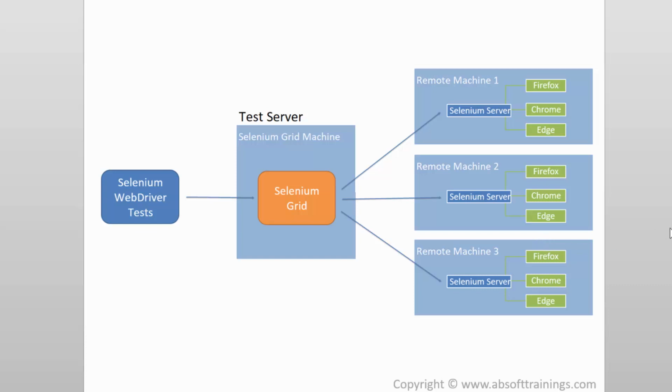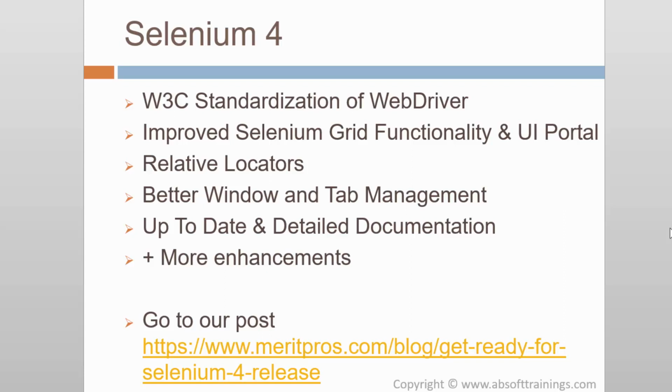Then going further, we have Selenium 4 coming soon. As of now they are releasing Selenium 4 alpha builds. Originally it was promised at the end of 2019, but it is an open source project, so expect delays. So the release is getting delayed. And there are very exciting features in Selenium 4.